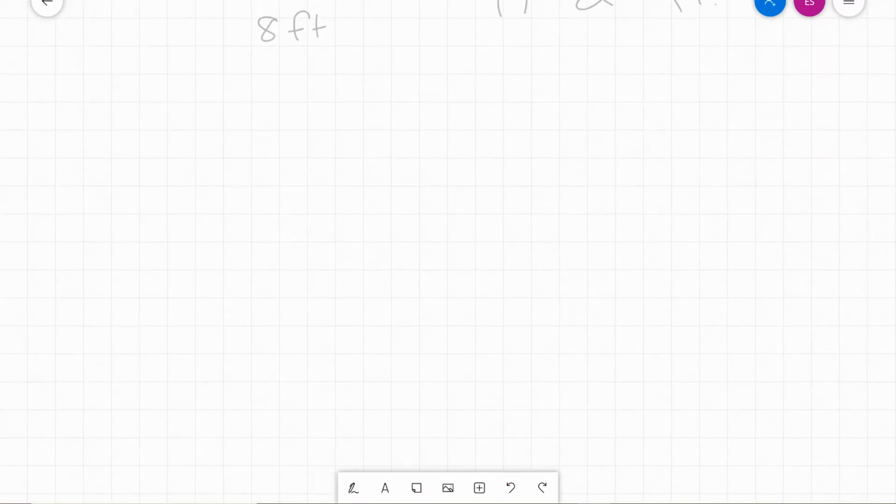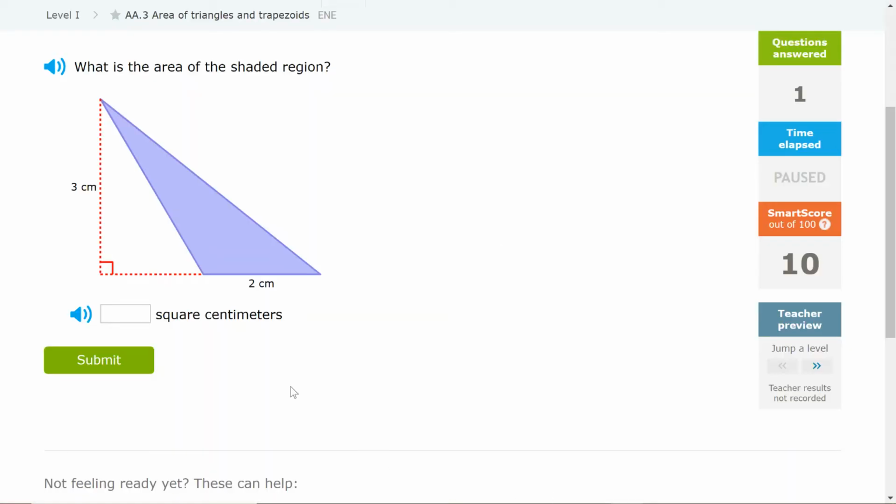Now let's try another one. In this problem, you'll notice that the base is 2 centimeters, and that's that bottom part here. And then the height is shaded, is kind of marked with this red dotted line. And really what that's showing us is that the distance between this bottom line and the highest point is 3